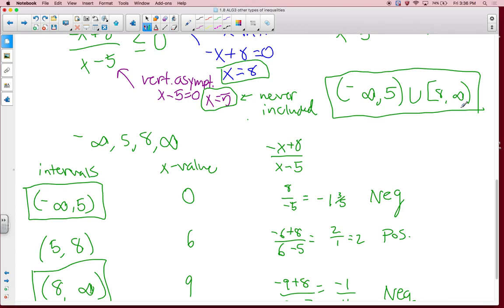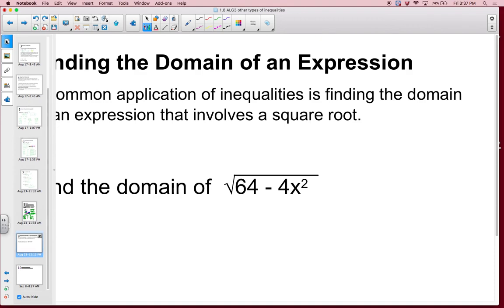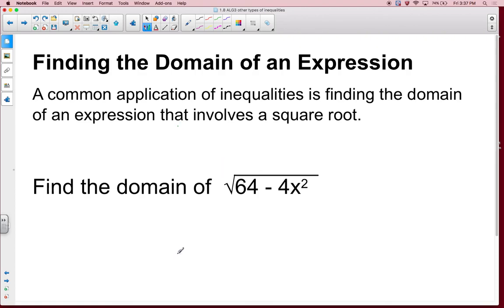All right, we're getting there. So, finding the domain. This is the last slide here. Awesome. Okay, so finding the domain. We know that when we are finding the domain, anything underneath a square root has to be greater than or equal to 0. Hopefully we know that. So we're going to find where it is greater than or equal to 0 in a similar way. We should be able to see that we can divide everything by 4, and therefore we're left with a 16